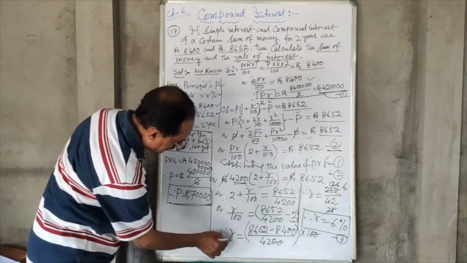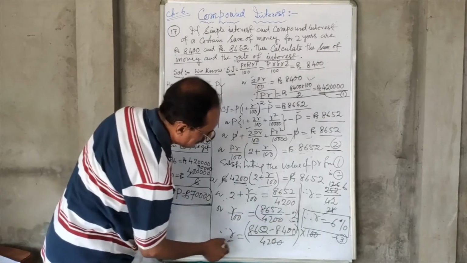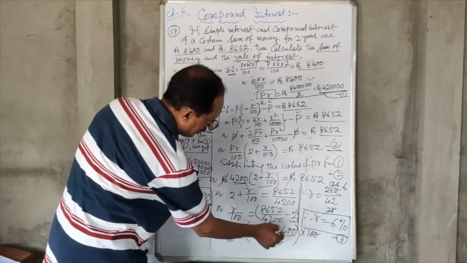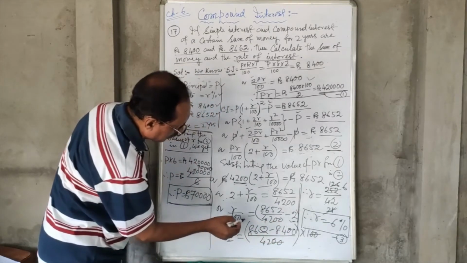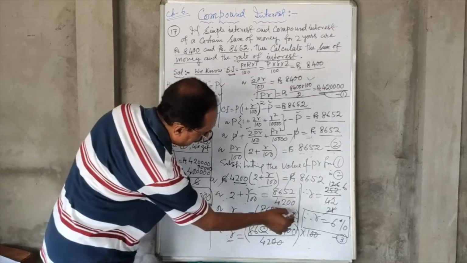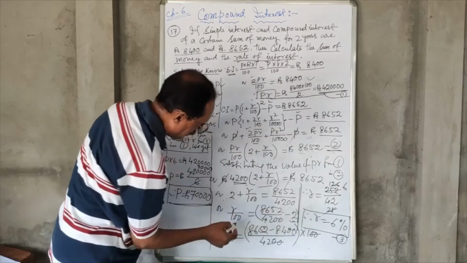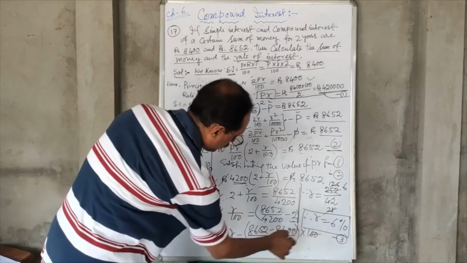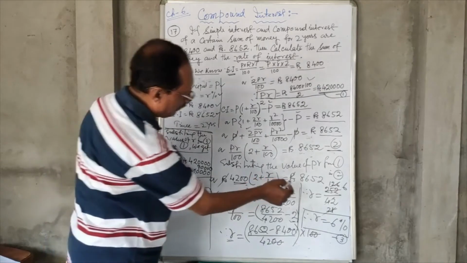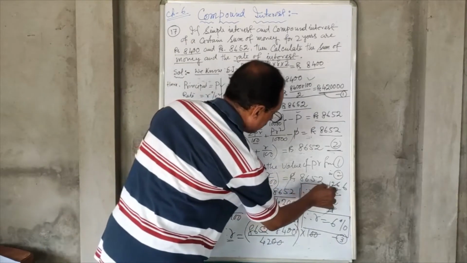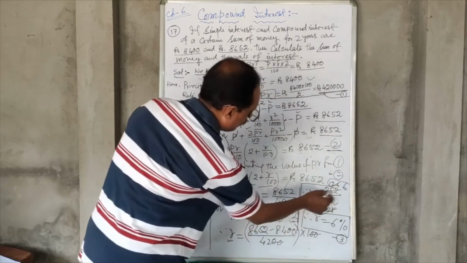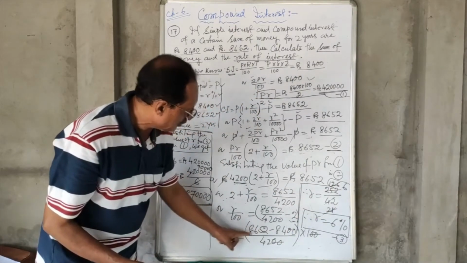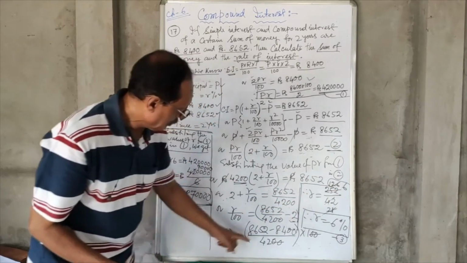So the value of R is coming here, this 100 is shifted to that side, that is, it is multiplied on the right hand side. So 8,652 minus 8,400, because 4,200 is the LCM multiplied by 2, it is 8,400 that will be coming. So 4,200 into 100. So these two zeros cancel. So the R value is coming here, that is 252. Subtracting 8,400 from 8,652, we are getting 252 by 42.